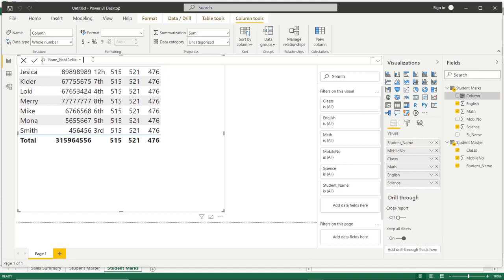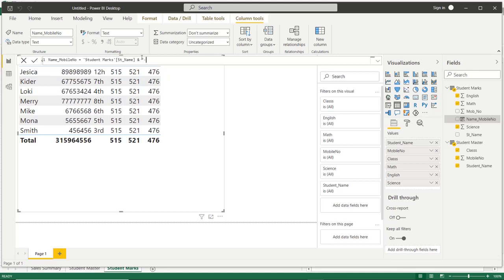Now for this formula we have to pick the column from the table. So start here with the name of the table. Start typing, because the table name is student marks, say STU. You can see Power BI IntelliSense display the list of the columns, and you can select the column name here. So we have to select student name, then ampersand for joining the two strings, two columns. It's a concatenate, or you can say join.